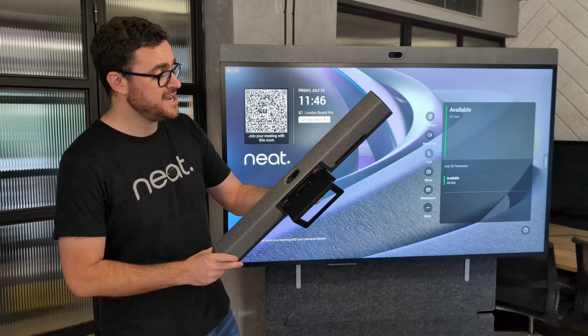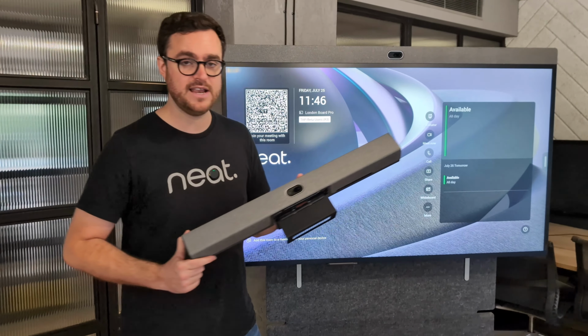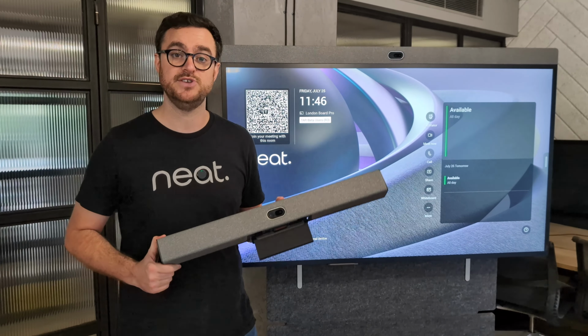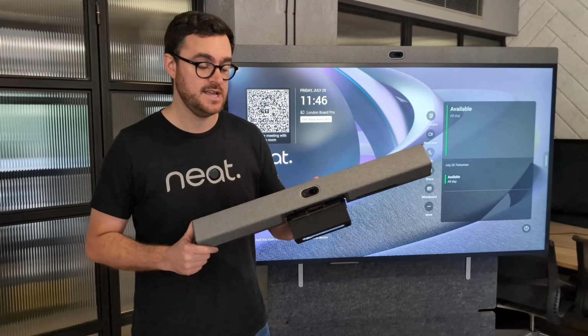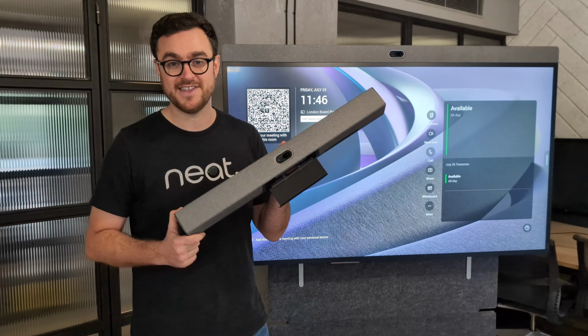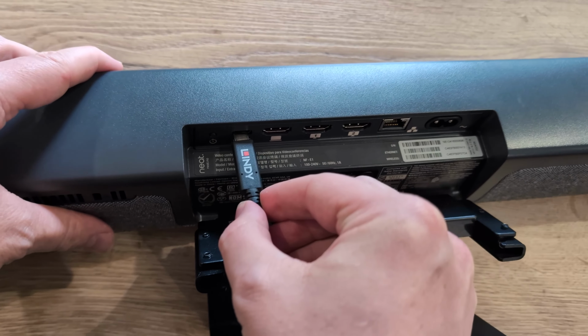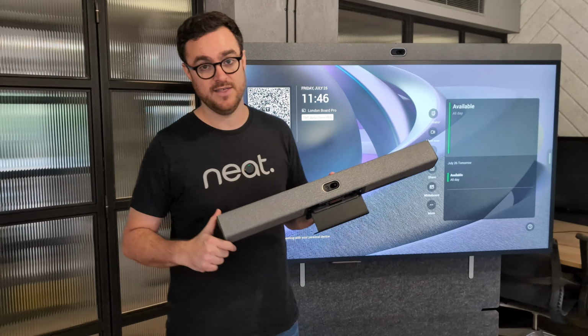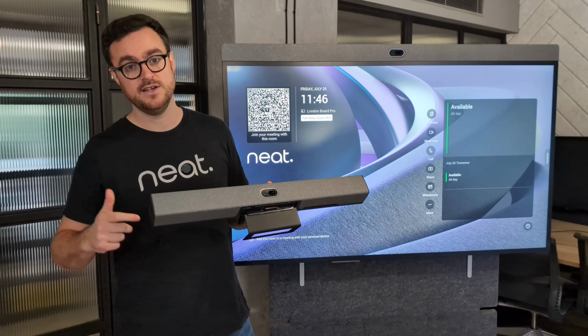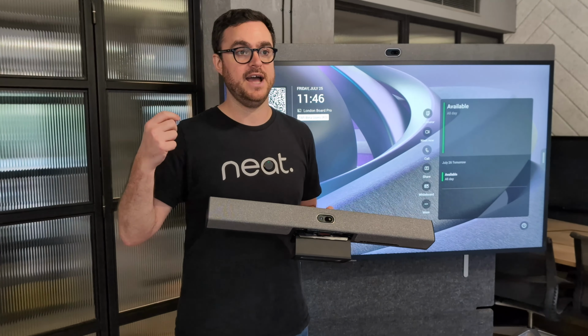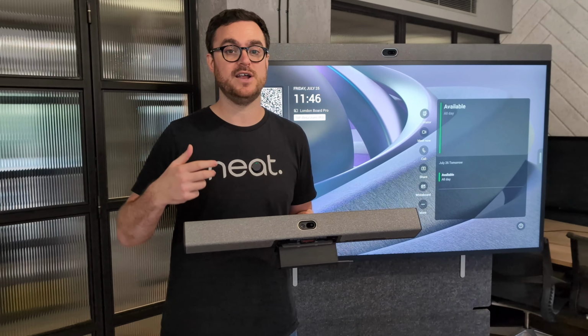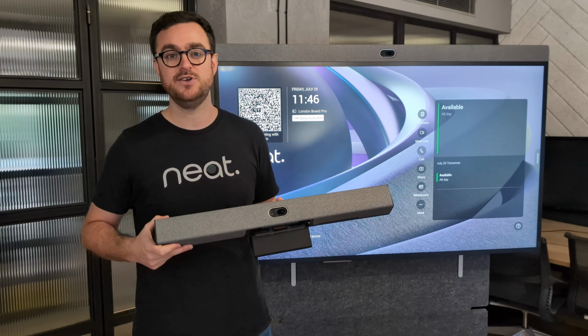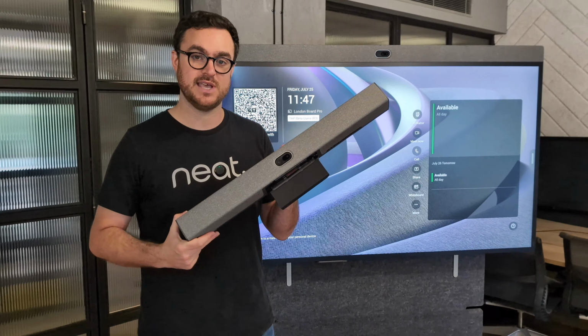The next thing is that the Neat Bar Gen 2 is now available to order on its own without a pad to be used as a BYOD device. That means when you get it, you plug it into a screen and you connect a single USB-C cable. Now that USB-C cable gets used to connect to your laptop and add it to the Wi-Fi or add proxy certificates, whatever it is you want to do,